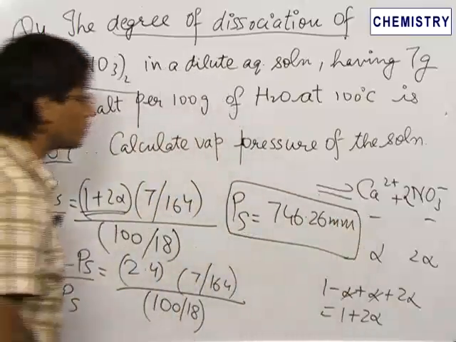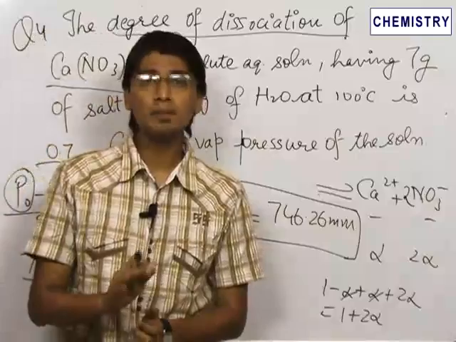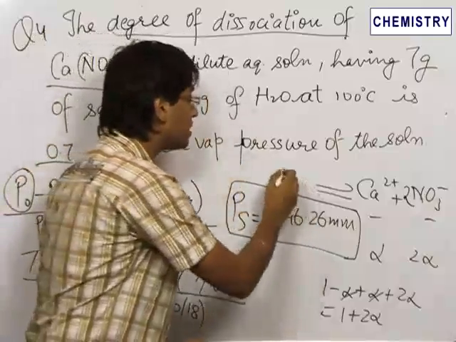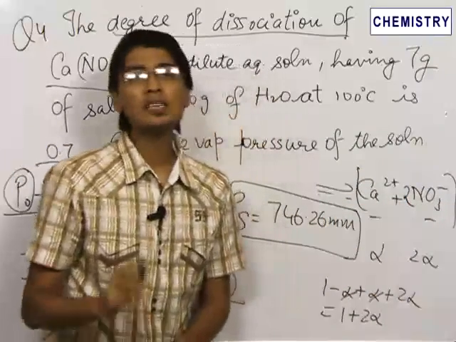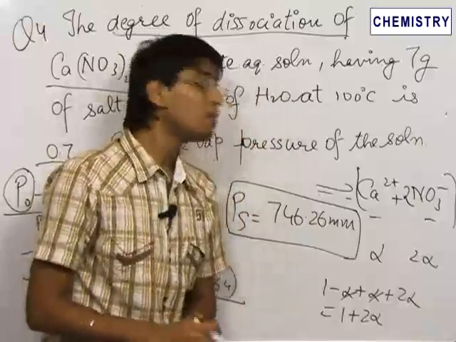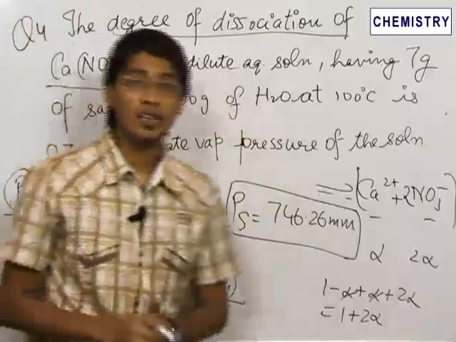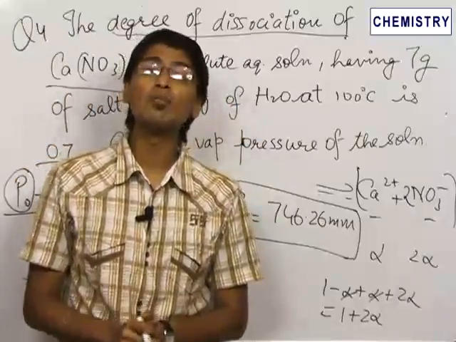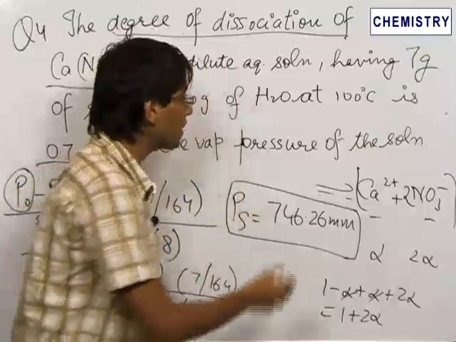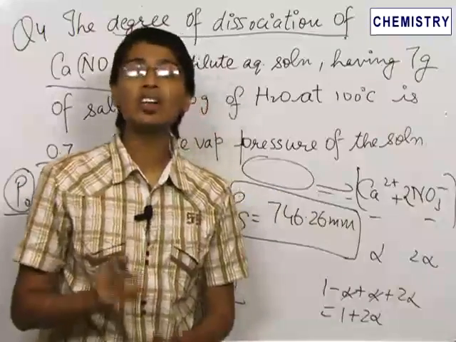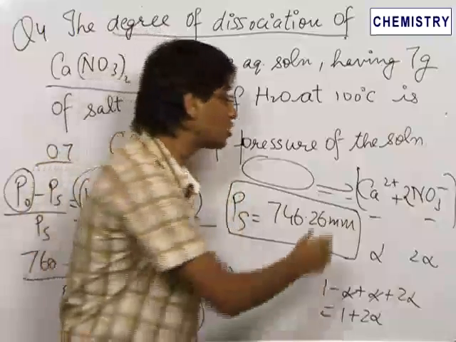Hence in this problem, we saw that the solute which is being added to the pure solvent is not a simple solute. It is an electrolyte which dissociates in an aqueous solution into its respective ions, and hence the simple formulas are not applicable. We replace the entire formula by multiplying the earlier one by a factor known as the Van 't Hoff factor. This factor is very important, and most students may commit mistakes in using it. They don't check whether the solute we are using in the problem is an electrolyte or not. So it is very important to check that it is an electrolyte, that it is dissociating,